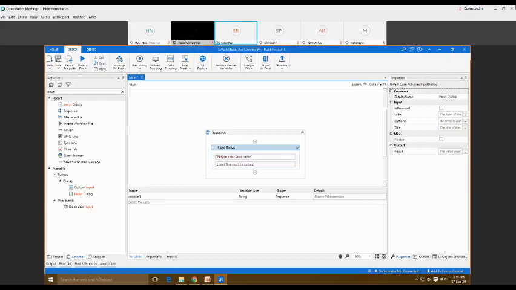I'm just discussing how we can create the variable. I'm not going to make any automation project. For the sake of explaining the creation of a variable using the property panel, I have dropped one input dialog here. Otherwise, this will be discussed in detail tomorrow. Next, we have to enter the label here, or you can say the question that we want to ask the user. Suppose I want to ask, what is your name?